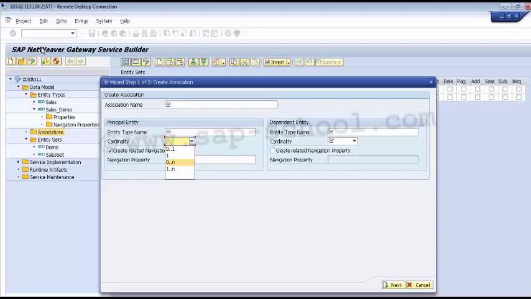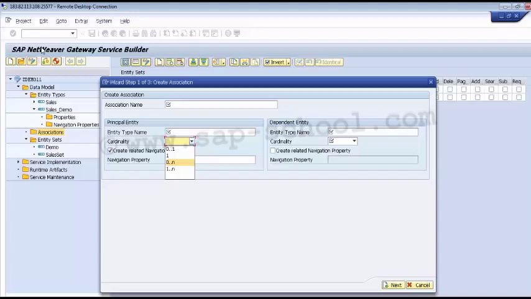Then we can create the related navigation property. It is optional. However, we can select this option to set a link for the entity type. Under the principal entity, when selected, the navigation property name is proposed based on the specified cardinality. Then we have the navigation property. It is available only when create related navigation property is selected.